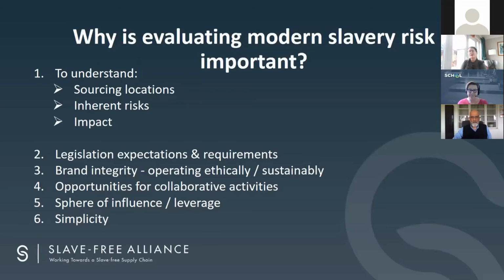And it's about thinking about those collaborative actions. We're not going to tackle it alone. We need to be able to do it together. And it's also about recognising the sphere of influence as well. So predominantly you will be sharing supply chains with a lot of people. So it's about understanding where that sphere of influence can be. Where can you collaborate? What's the leverage that you've got? And remembering that evaluating your risk needs to be proportional. So you need to understand the leverage and the proportionality of it. How big is it? How much can you have an impact on it? And remember, keep it simple to drive engagement.